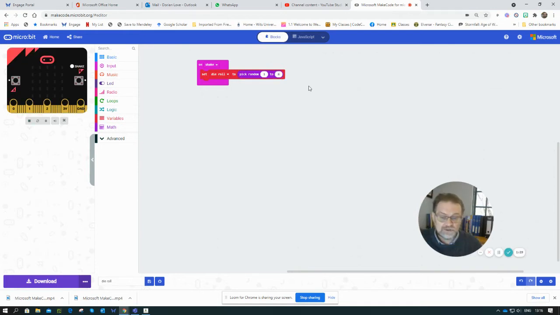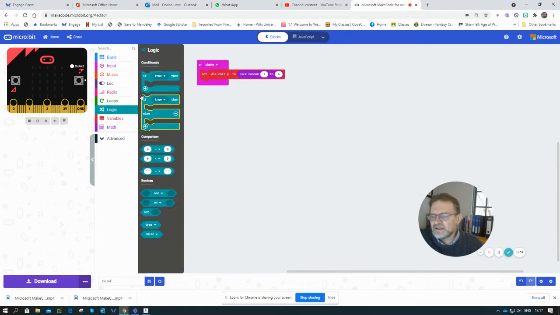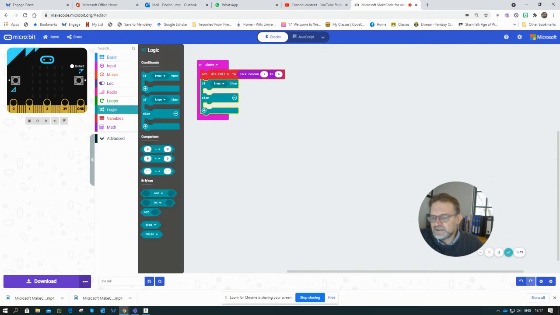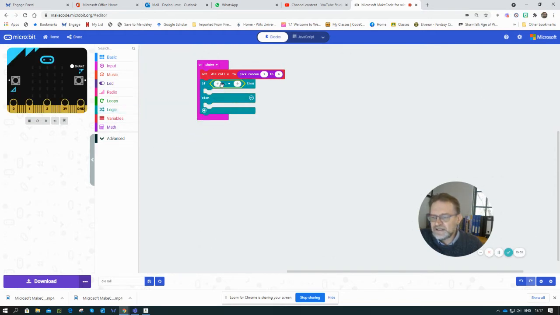And I'm going to create my die roll so that it'll show visibly on the face of the die. So when I roll it, when I shake it, the variable die roll stores a number between 1 and 6. It's a random number, so I don't know which one it is. And then if it's a 1, it must display a 1. If it's a 2, it must display a 2, etc. So I'm going to go and need those ifs with a whole lot of elses. And then I'm going to have to say, if the die roll,